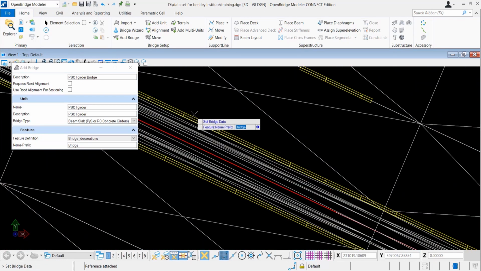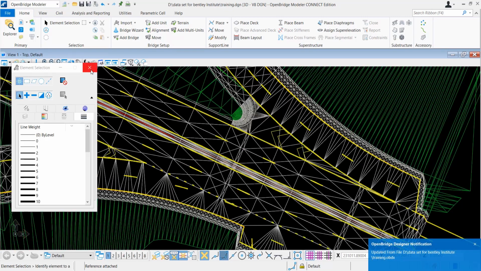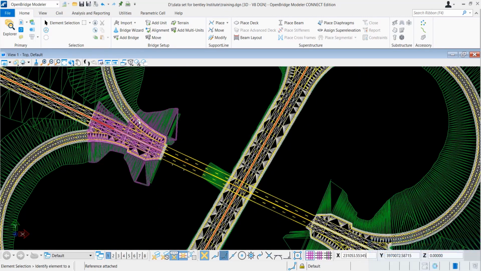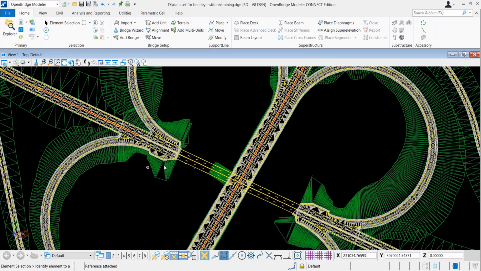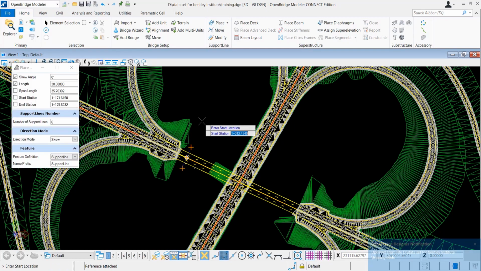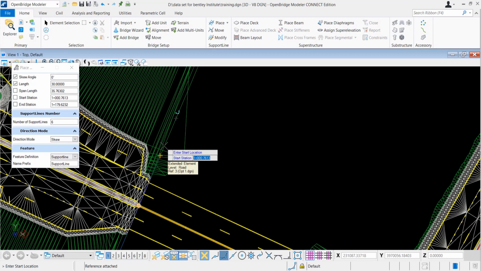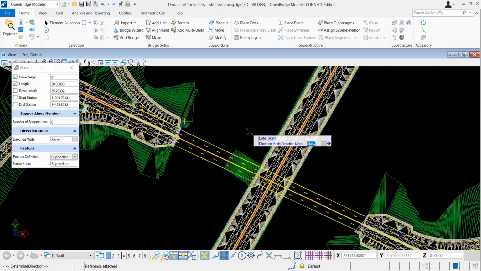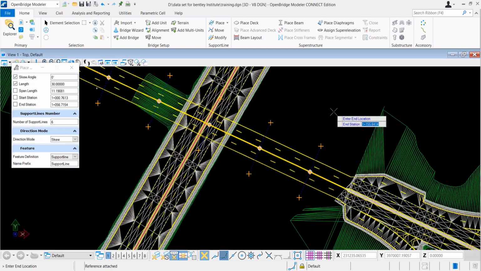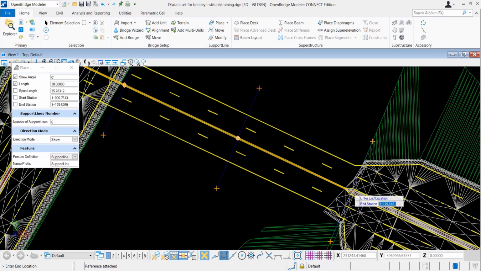Once you select your desired type, that will customize the tool for you. Now you can see it is asking to select the alignment, and we are selecting the alignment. Alignment is basically the line along which you want to place your bridge. There are different alignment lines, but we are attaching it to the straight line. Now we are placing our support lines. You can select support lines graphically, as we have taken our corridor modeling into consideration, but you can also place them through the station number. Then we place 6 support lines, and we select the end coordinate as well.